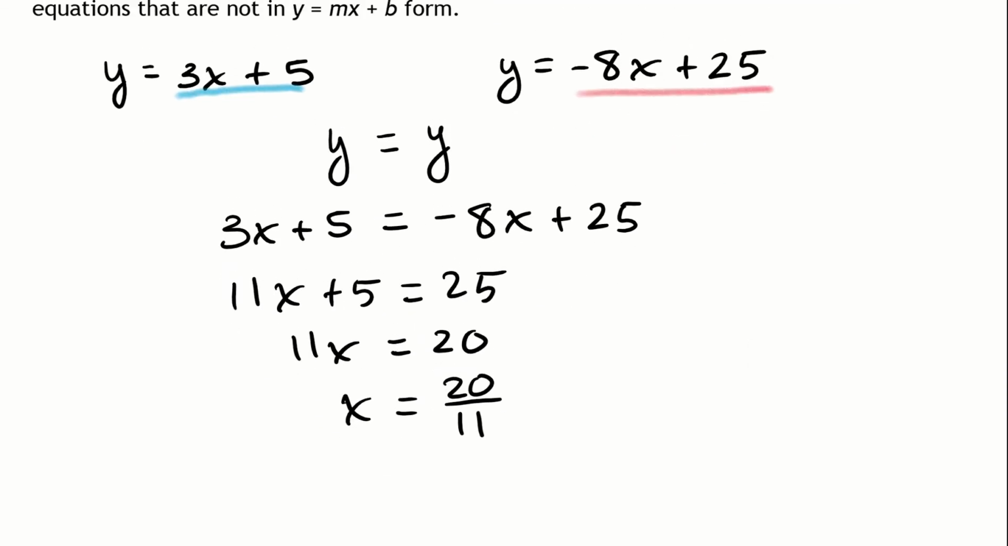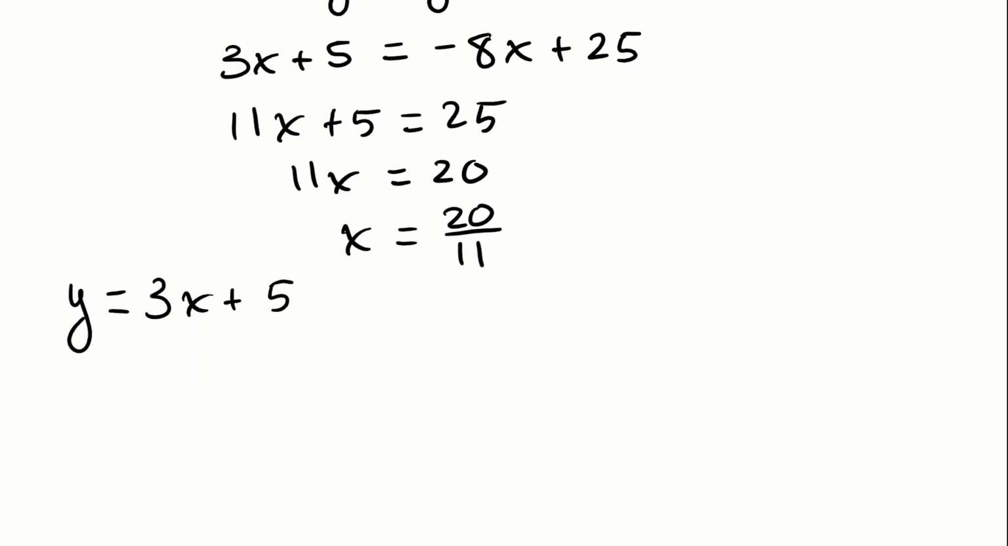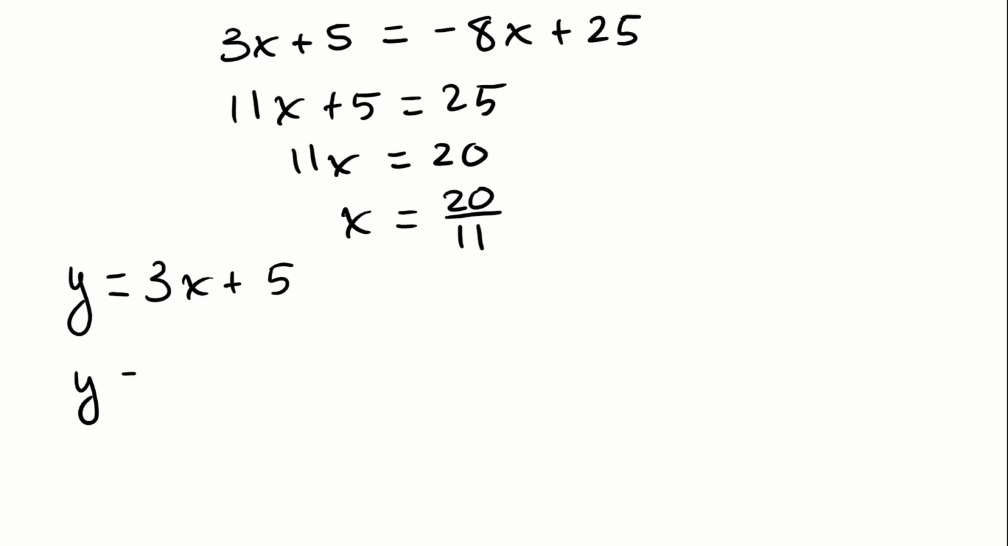Now that we know that x is 20 over 11, I have two different ways to figure out what y is, and it doesn't matter which one I use. I could either use the expression I underlined in blue or the one I underlined in red to calculate what y is. Let's try the one that I underlined in blue. According to the expression up there in blue, y was 3 times x plus 5. Well, I know what x is, so y must be 3 times 20 over 11